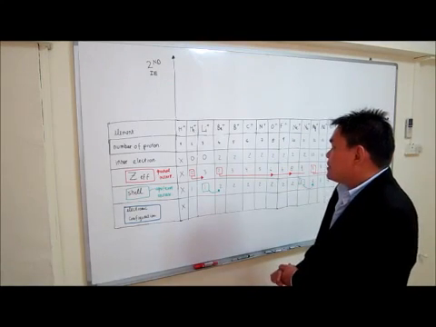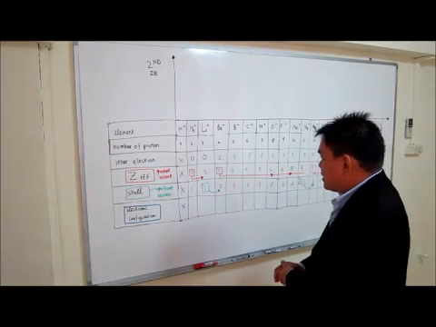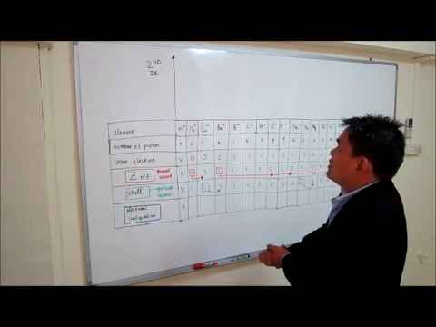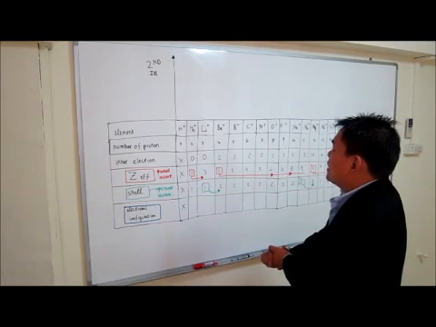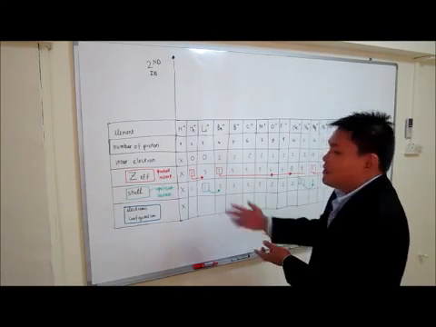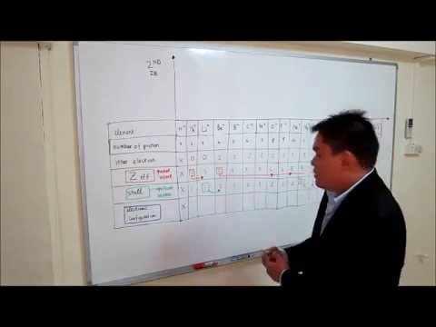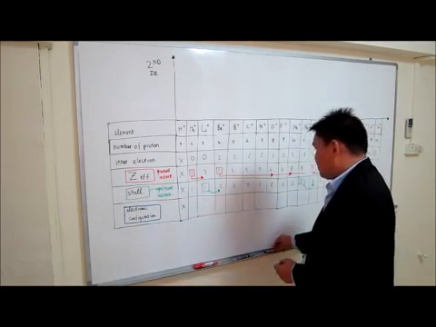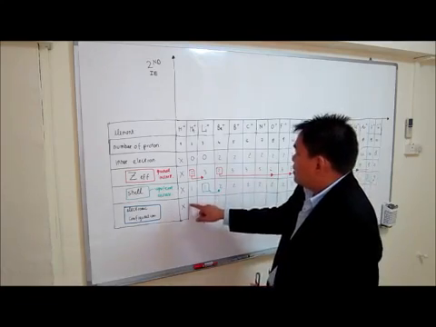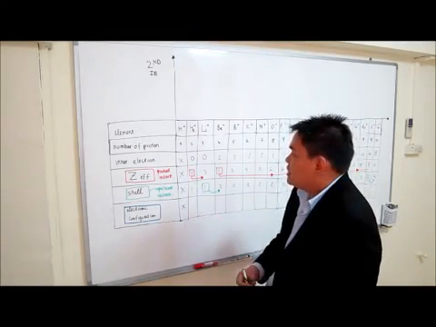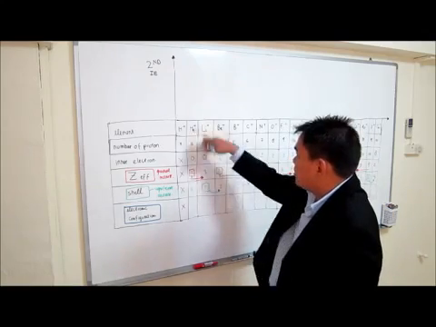So when it is stable, the second ionization energy tends to be high because it's difficult for you to remove an electron from a stable atom or a stable ion. We don't have space for all the electrons. We just fill up the last electron on each